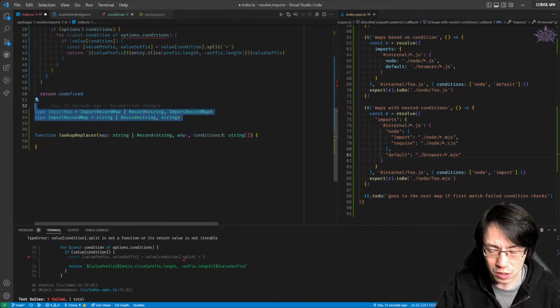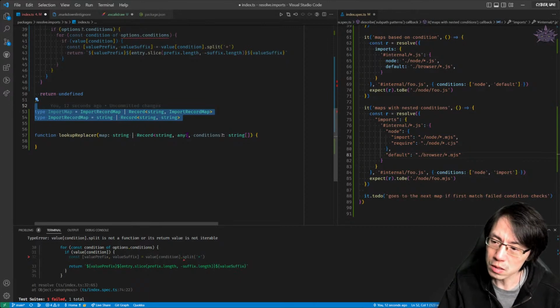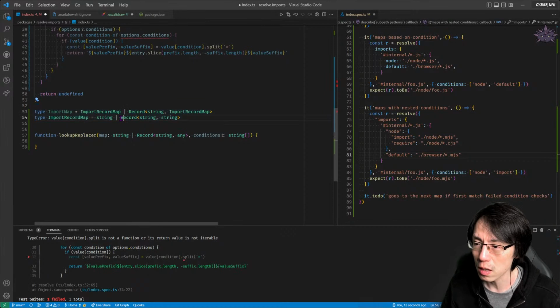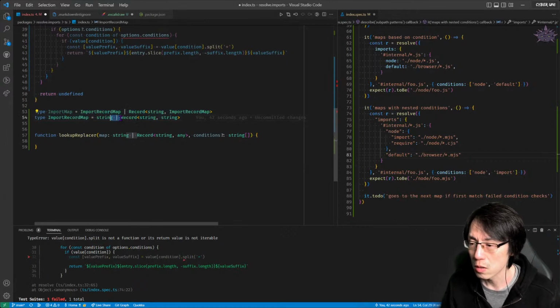In the JSON type, we can recursively define that. That's okay. Oh yeah, that's how it should work. So yeah, record, and then this is import map, and then this could be a string or a